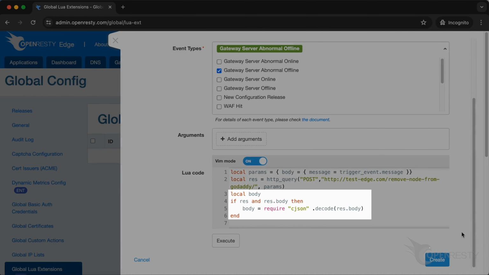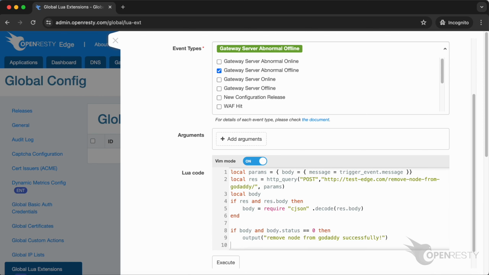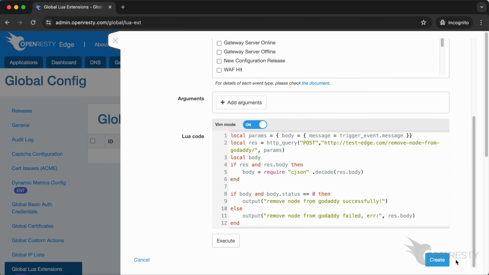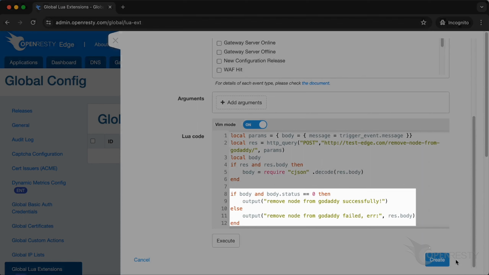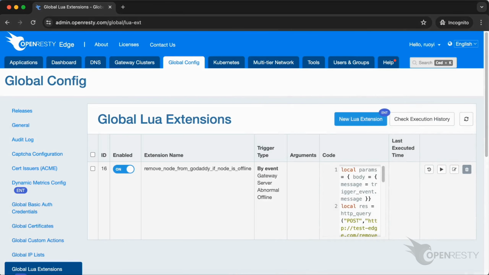When the response content meets the conditions, use Lua's JSON module to decode it and assign the result to the body variable. If body exists and body.status equals 0, then output the successful message. Click to create it. After creating, the new Lua extension will work automatically.